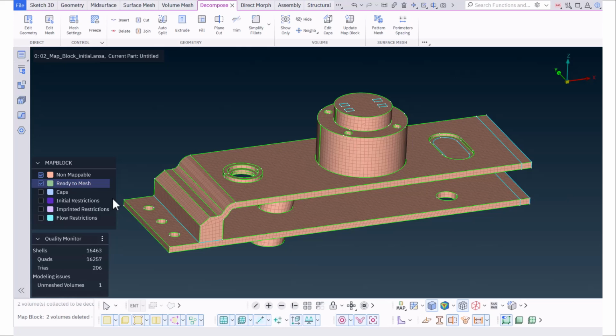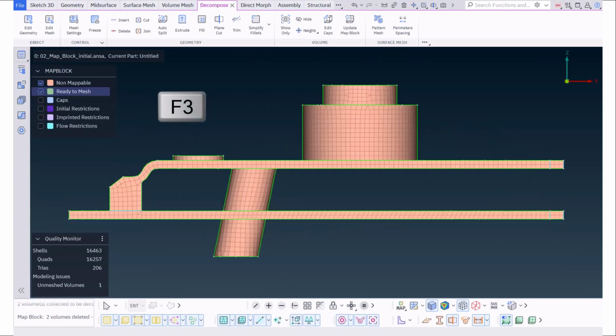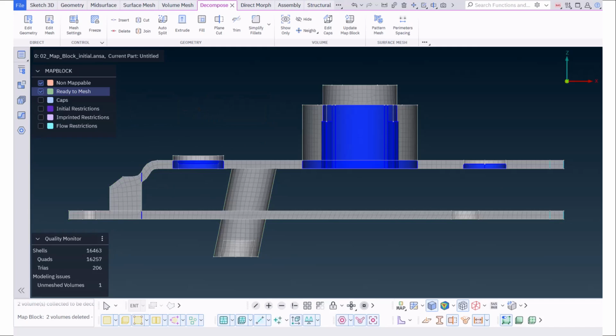In the remaining part, the cylinders and the holes on the top structure are oriented in the Z direction, as are the wall of the groove and the counterbore. Extending their cons in the Z direction can facilitate decomposition. Switch to the left view to see the model from a different perspective, for a better visualization of the feature's orientation.